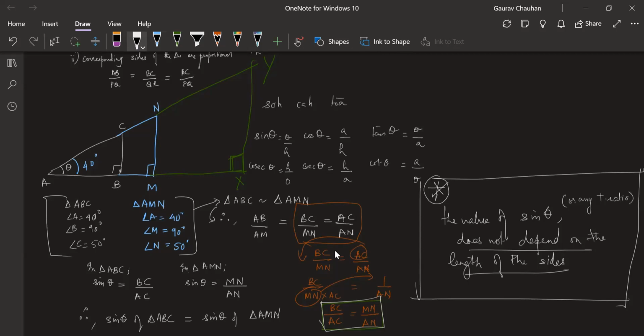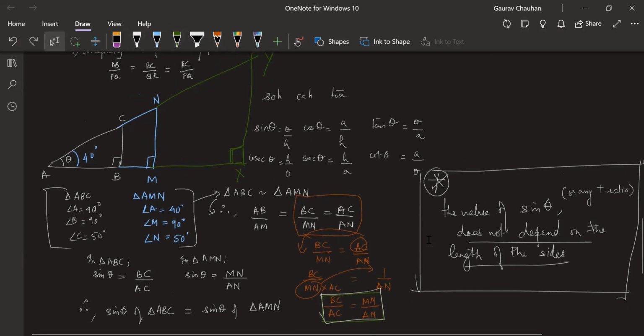So what exactly does it depend on? I just want you to think about that for a moment. When do you think this value of sine theta, that's the ratio which we get, is going to change? I want you to think about that for one moment. Pause this video and think if you want, because I'm going to give the answer now.